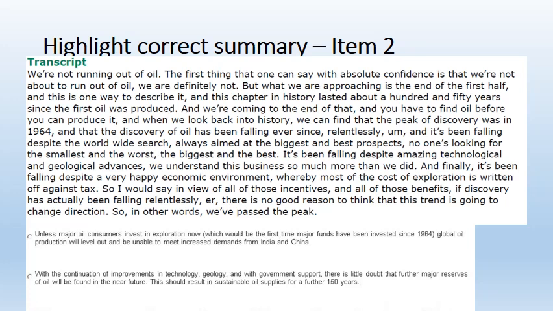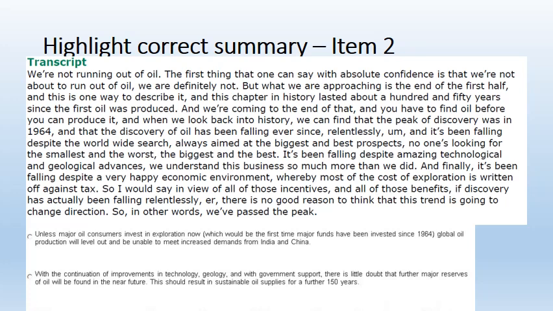It lasted about 150 years since the first oil was produced, and we are coming to the end of that, and you have to find oil before you can produce it. And when we look back into history, we can find that the peak of discovery was in 1964, and that the discovery of oil has been falling ever since,